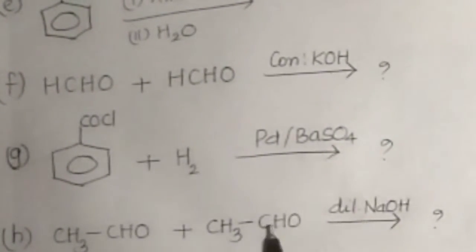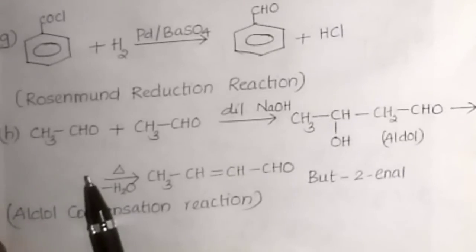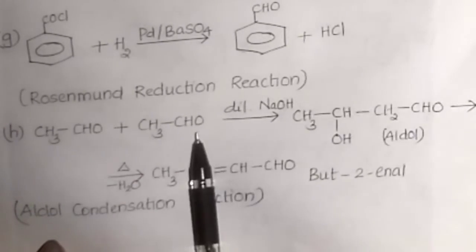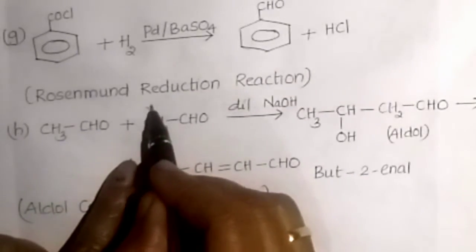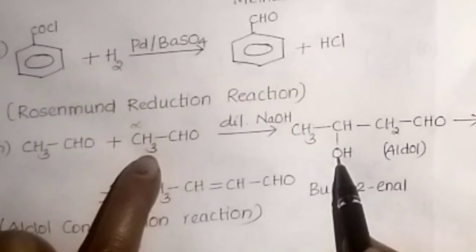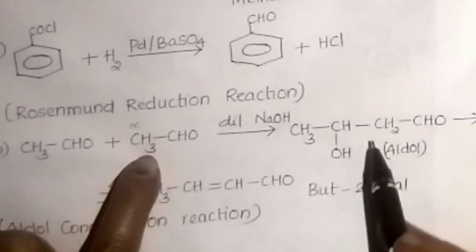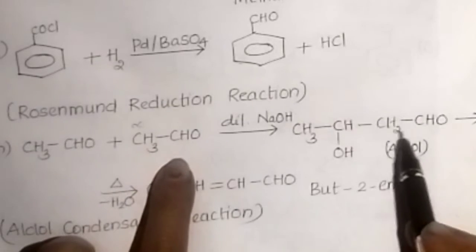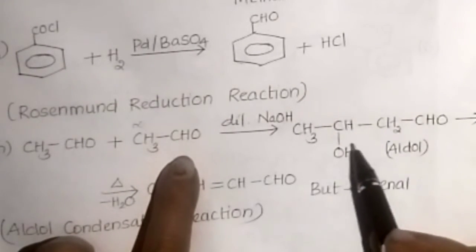You know to write this product because we already wrote it. The answer is CH3CHO plus CH3CHO combine to form. This is alpha hydrogen. So CH3CH, O is written like this. Then one hydrogen, alpha hydrogen, is given to this oxygen to become OH. Then a bond forms between them. Then the remaining is CH2CHO. This is known as aldol. Aldehyde and alcoholic functional group.